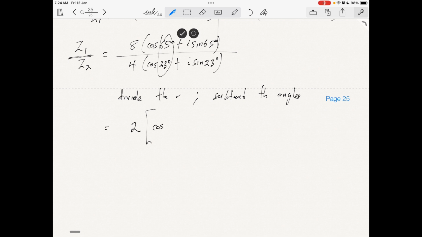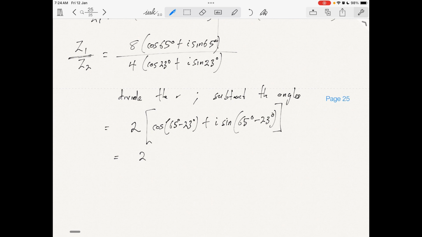So we subtract 23 from 65 plus I sine, and we subtract 23 again from 65. Now this will give us 2